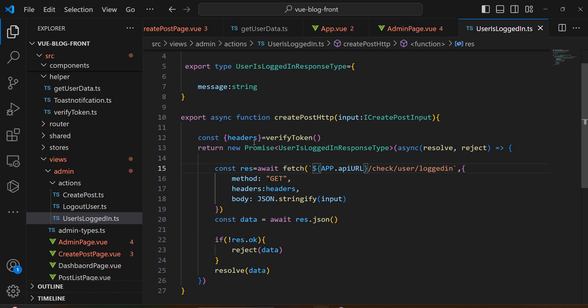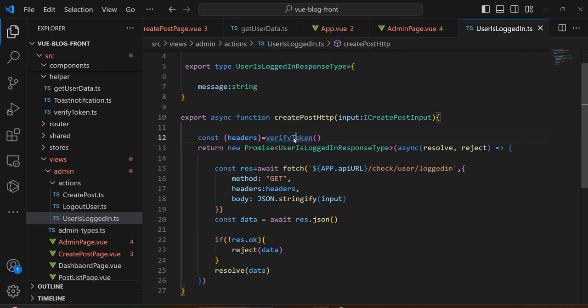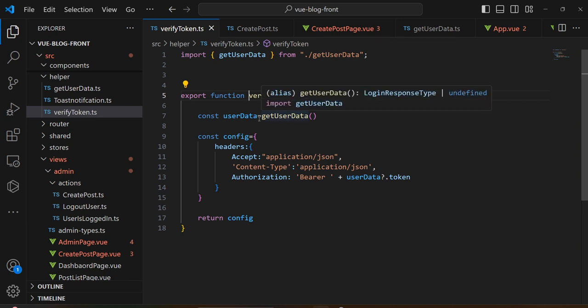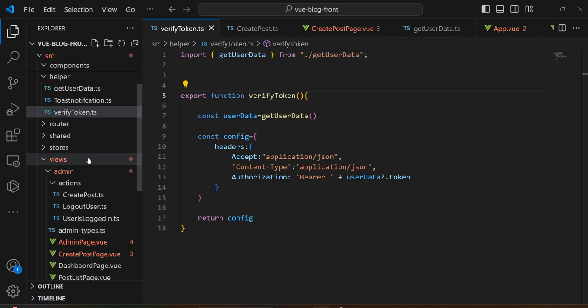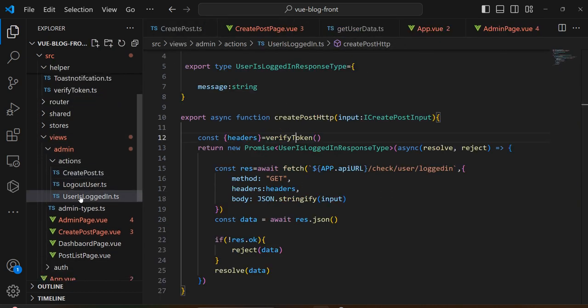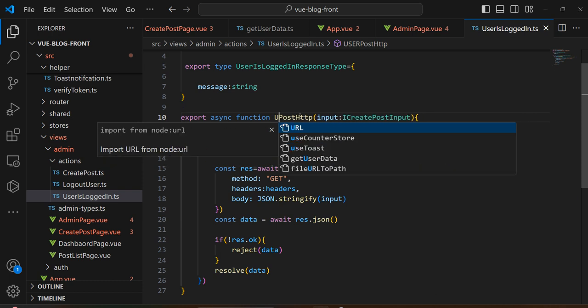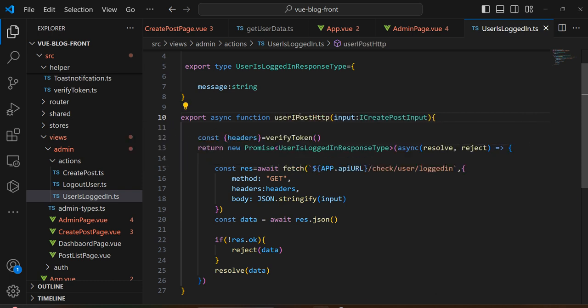and if the token is not valid, verify token, I'm not getting to this function. You can see here, if the token is not valid, we're gonna do this. Here, let me go within this page. Let me go within this page right here. User is logged in. And then here, I'm gonna change this function, user. I'm gonna say user is logged in